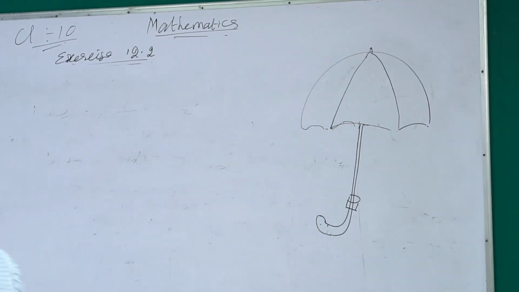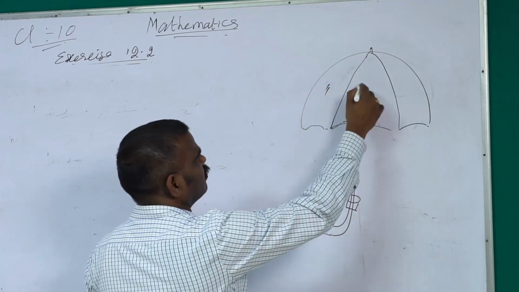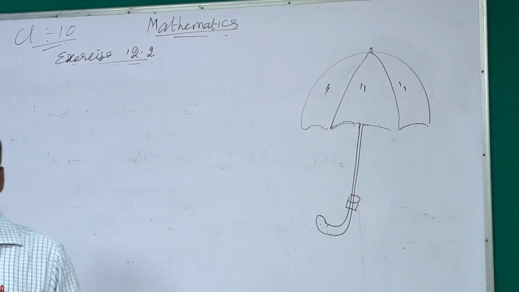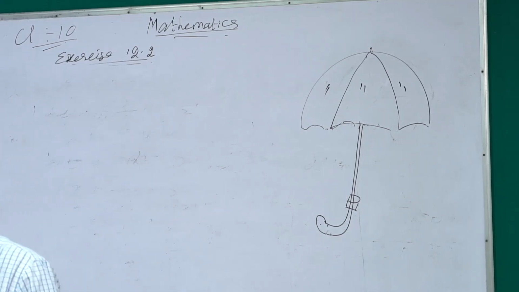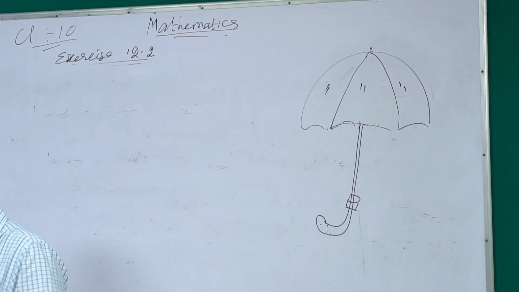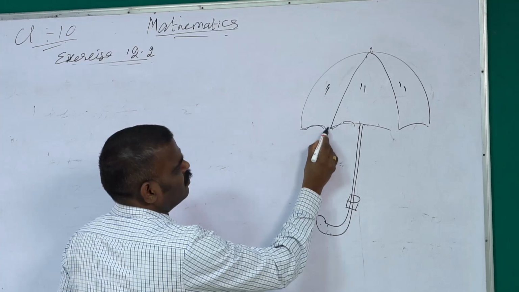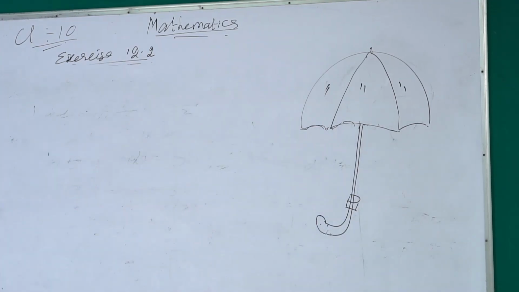Does it look like an umbrella? I am not that good in arts. We have seen, right? If you open the umbrella, it will not look exactly like a circle. That is why they are telling the question to assume you think it looks like a circle. Slightly different will be there. Okay. Now, our question is